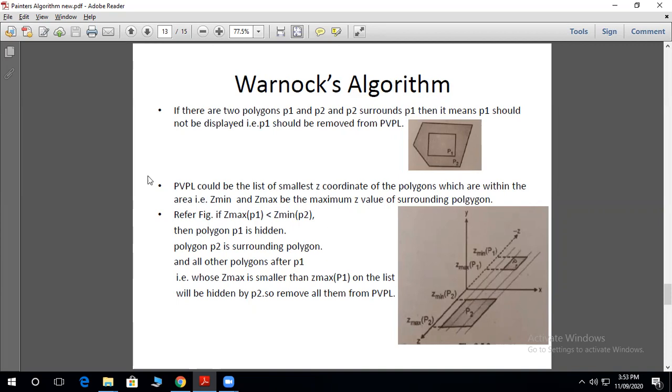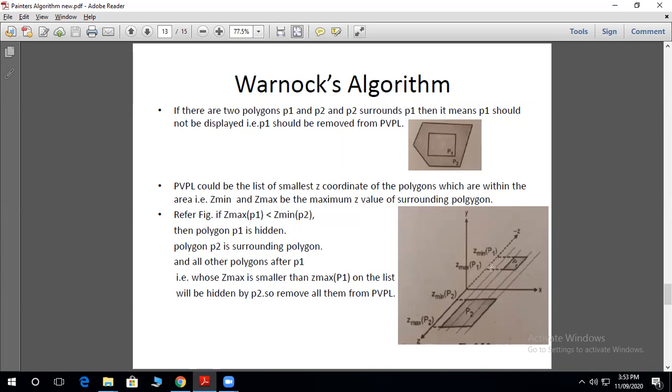So if Z max of P1 goes through this condition, if Z max of P1 is less than Z minimum of P2, right? When we say this is the right-handed coordinate system, this is the positive Z and this is the negative Z. In that case we are considering here P2 is the surrounding polygon, P1 is hidden.